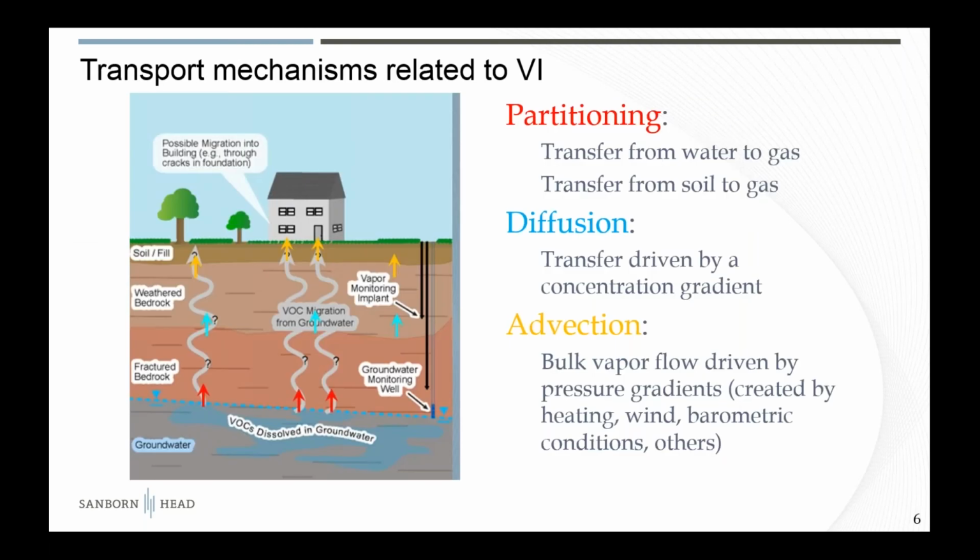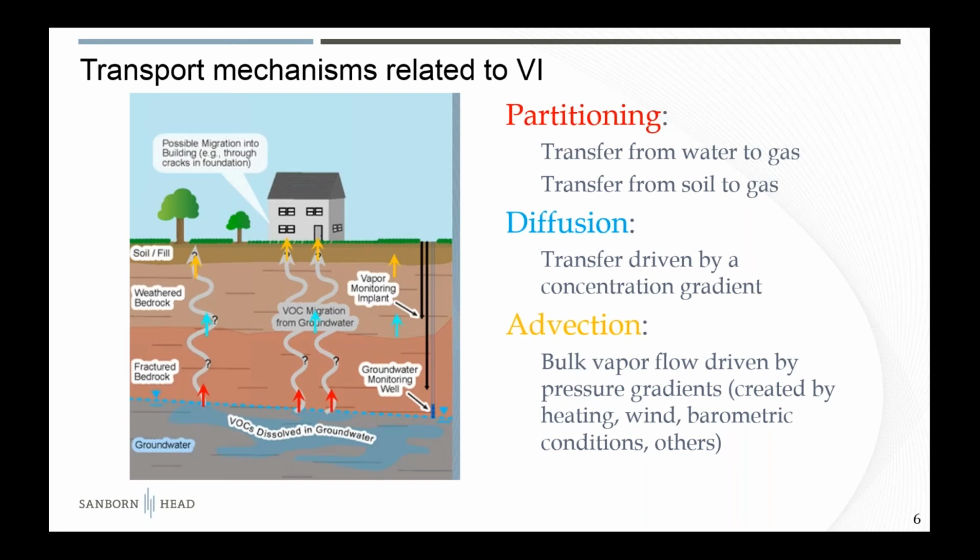The transport mechanisms. How do the vapors make it from the subsurface to near the foundation of the structure you're concerned with? We start with partitioning, and you look at the dissolved phase. Potential for partitioning from the aqueous phase to the vapor phase near the water table or the capillary fringe. That's the first thing that has to happen for vapor to potentially make it into the vadose zone. Or if you've got a vadose zone source, you're going to get transfer from soil into the gas, where then it could migrate upwards. And that upwards migration through the vadose zone is primarily driven by a diffusion concentration gradient,